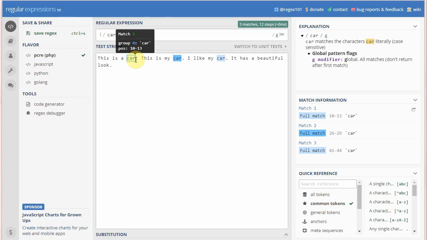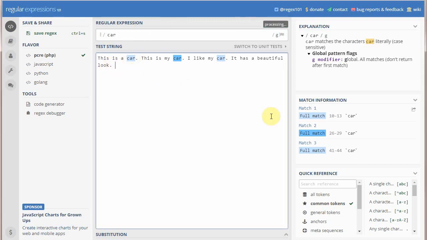So first it looks for C. If it finds it, then it starts looking for A, and if it finds A, then it starts looking for R, and if it finds the whole combination, it highlights it and says it is match number 1. So if we write here can, car, call,